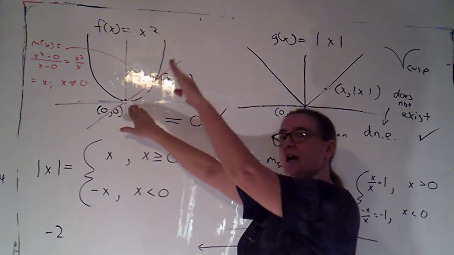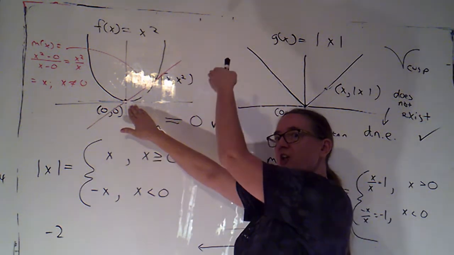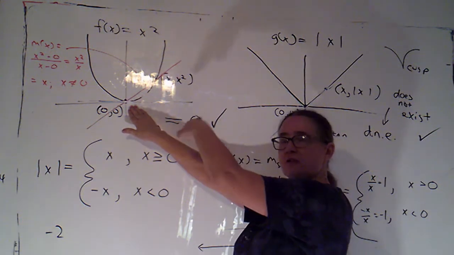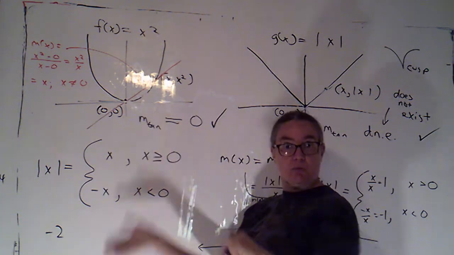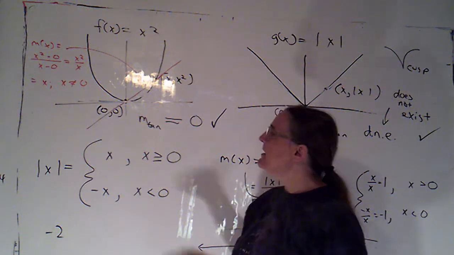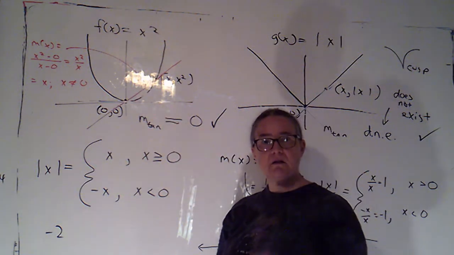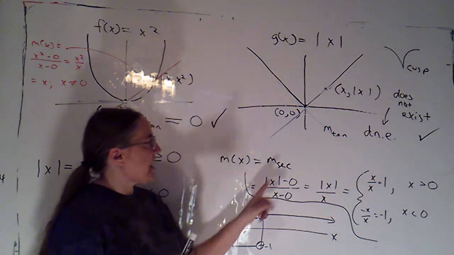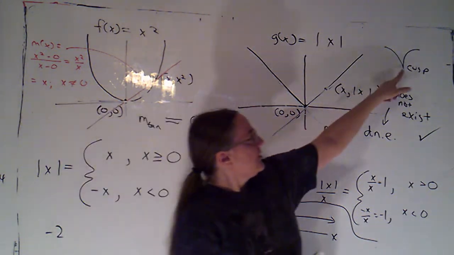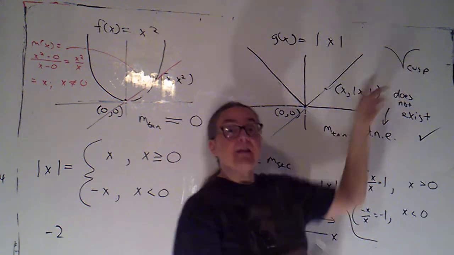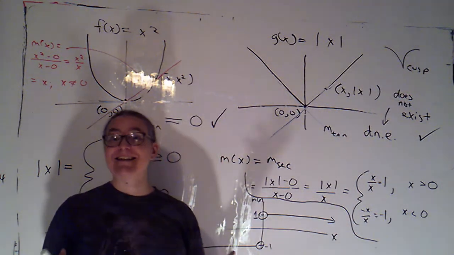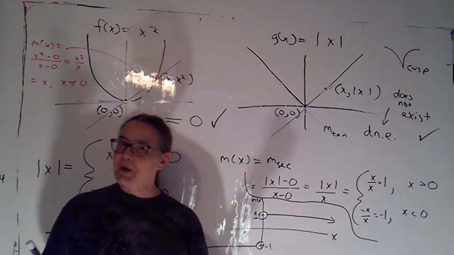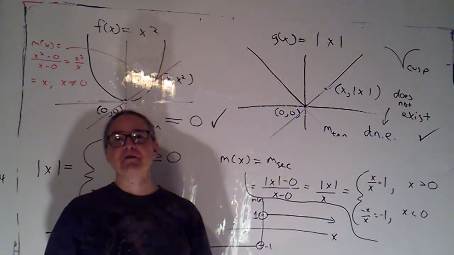If I have a nice, smooth, rounded change where my graph changes direction, in this case from down to up, but it would apply for up to down as well, then I'm going to have a horizontal tangent. The slope of the tangent line will be 0. If I have a sudden change, either a corner or a cusp, then the tangent line doesn't exist, therefore its slope doesn't exist, therefore the derivative doesn't